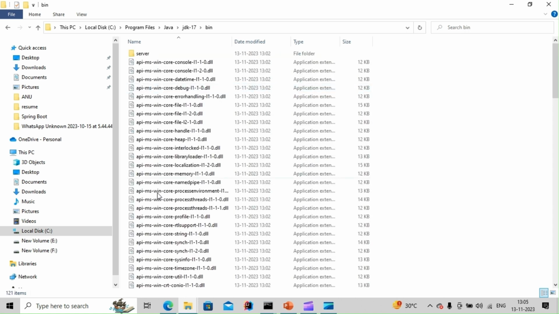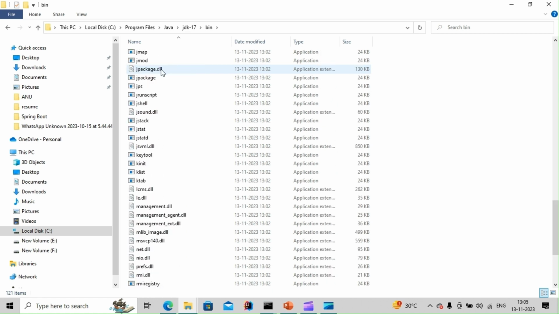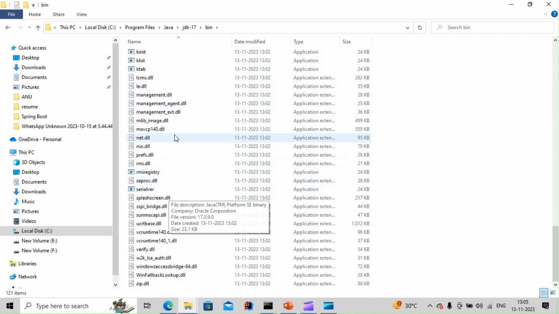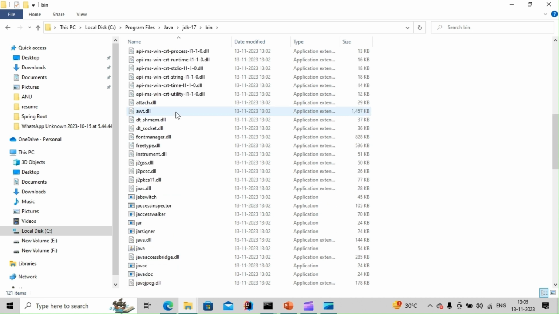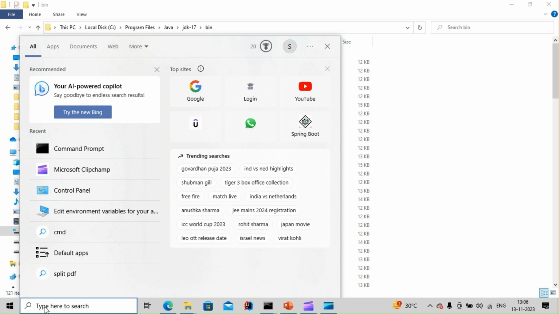So go to the bin folder. Inside the bin folder you can see many files, DLL files, and a few exe files. Just copy the bin path from here, and go to your run, and here you can type